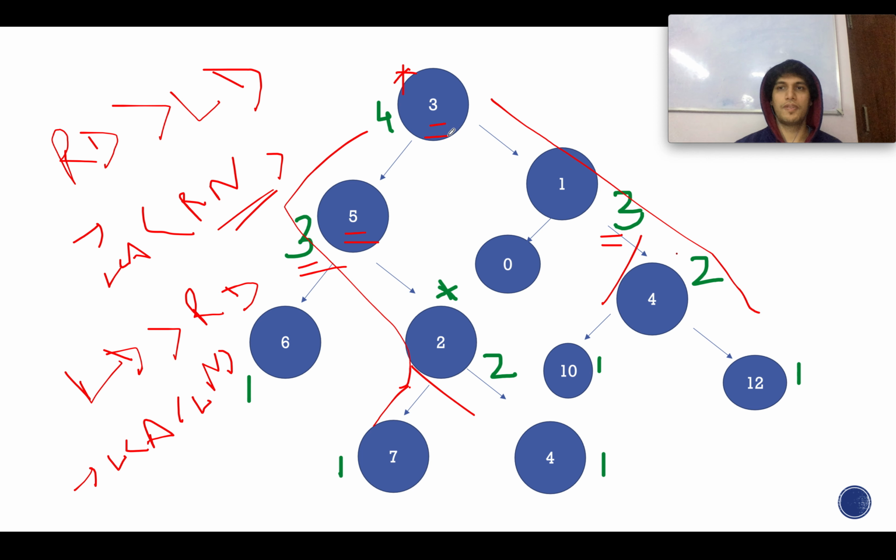At each node we will do a post-order traversal and try to identify the depth of the tree. If the depths are equal, then the root becomes our lowest common ancestor, the smallest node with the deepest leaves. If the depth of the right subtree is greater than that of the left, the answer lies in your right subtree path. However, if the left depth is greater than the right one, the answer lies in the left subtree path. So let's quickly code this up.